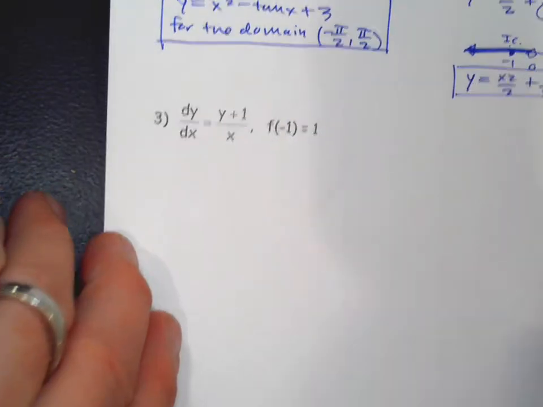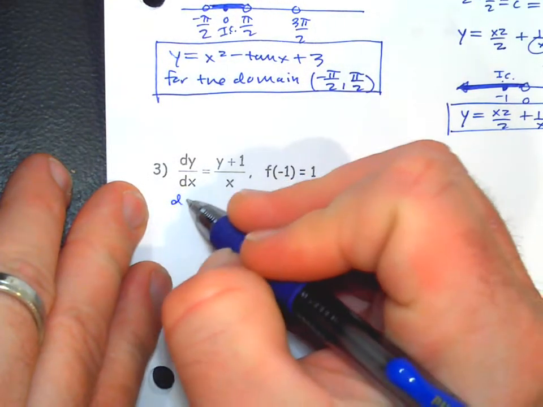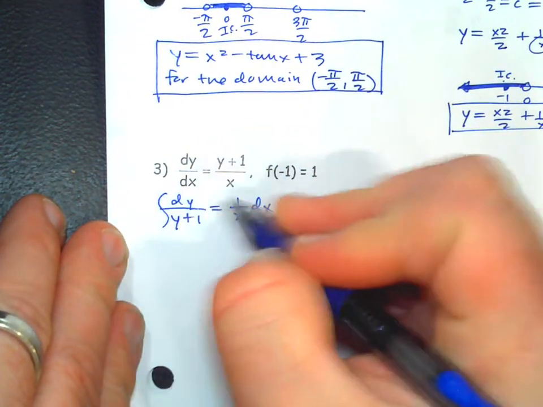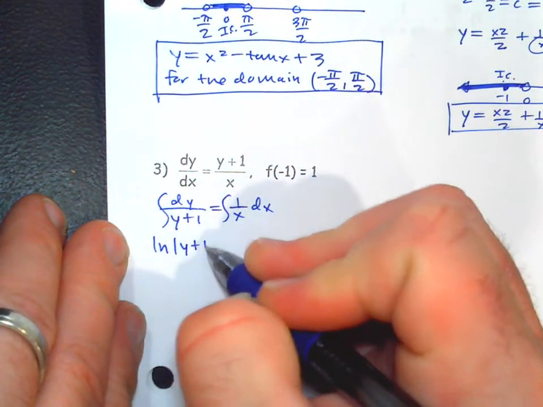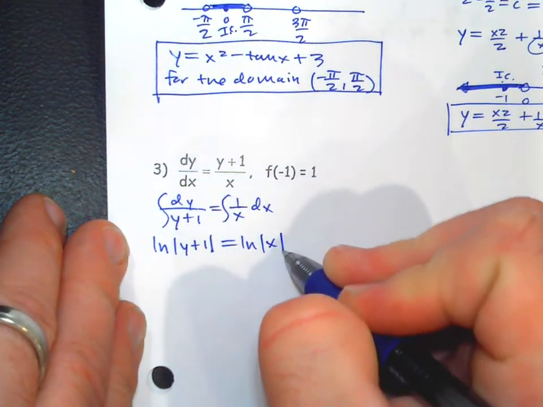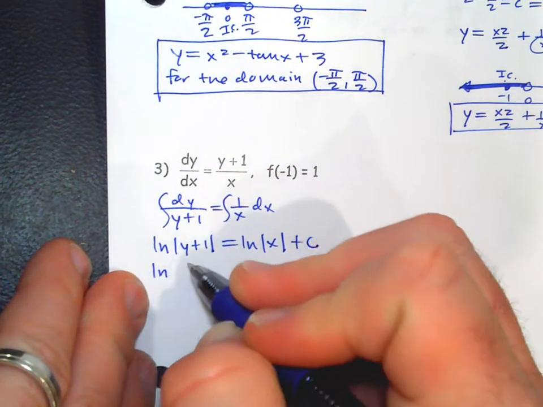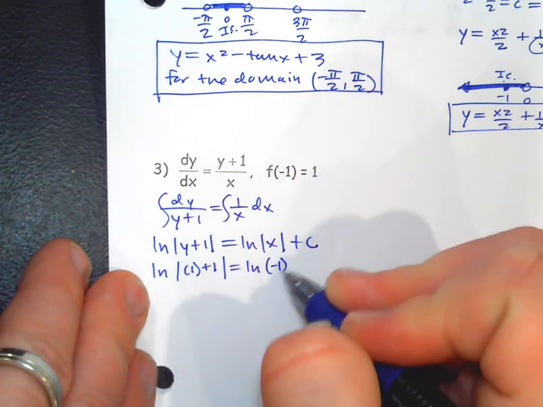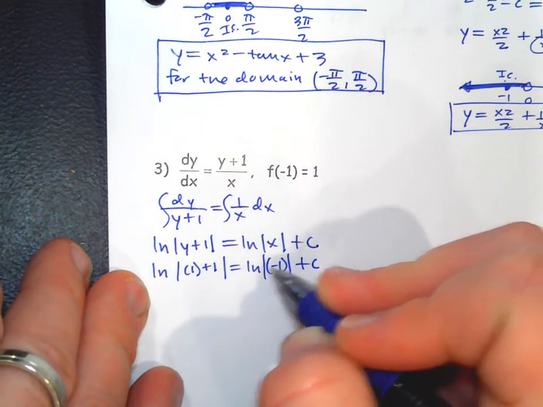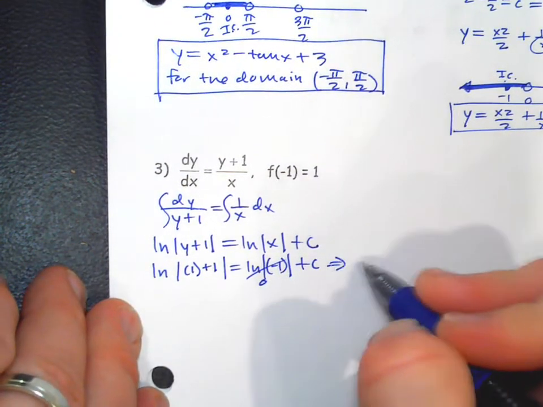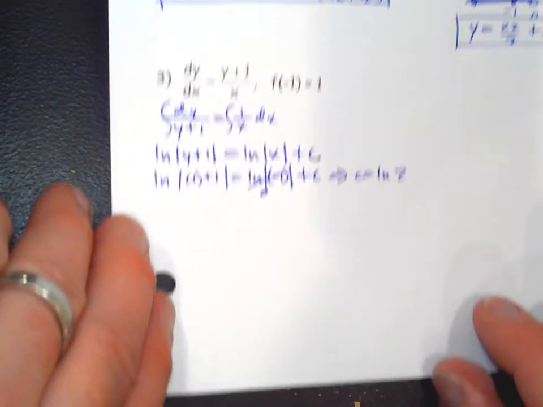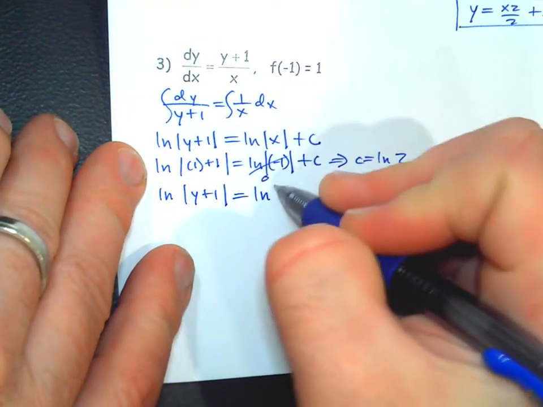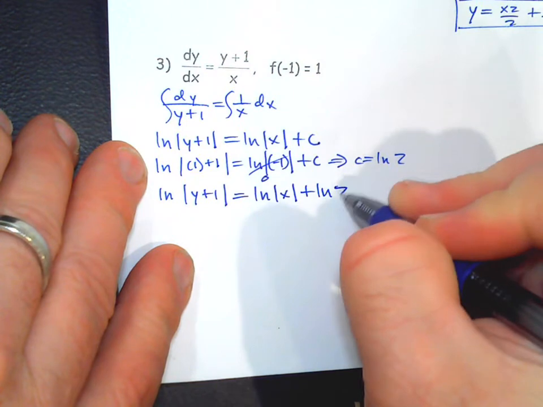Okay, let's do another one. This one actually does involve some actual separation of variables. Integrate both sides. Natural log of the absolute value of y plus 1 equals natural log of the absolute value of x plus c. Plug 1 in for y, and plug negative 1 in for x. Natural log of positive 1 is 0. So c equals natural log of 2. So we're going to rewrite it: natural log of y plus 1